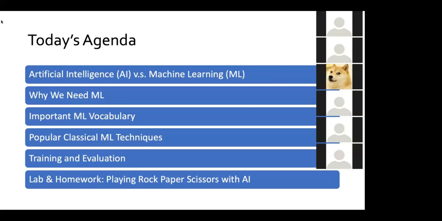So these four agenda points are all focused on machine learning, but we're going to be doing a lot of machine learning throughout the rest of this class. In fact, I think each one of the upcoming lessons is about machine learning and not so much about the other fields of artificial intelligence.